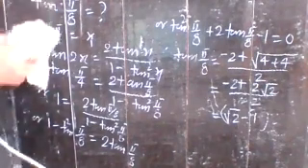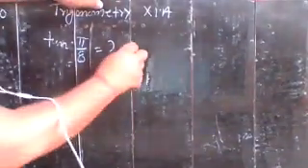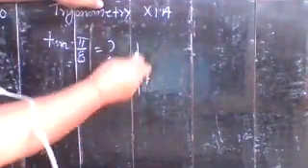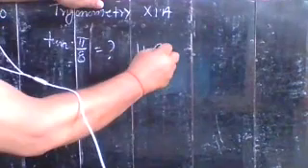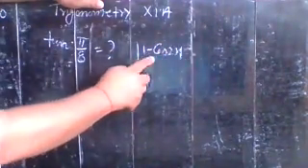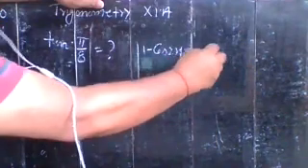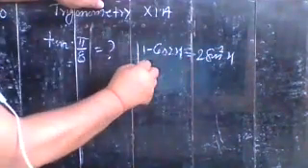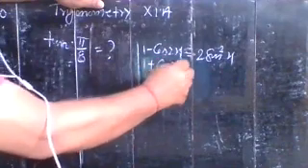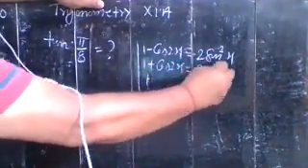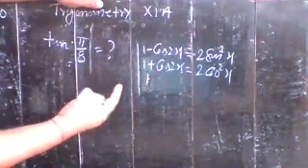Okay, so note, the other method to find the value of tan pi by 8 is this: you know tan x is equal to sin x by cos x. Just recall the identity which I discussed with you. 1 minus cos 2x is equal to 2 sine square x. And 1 plus cos 2x is equal to 2 cos square x. Okay, so you know this identity.